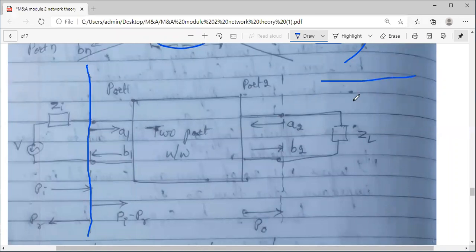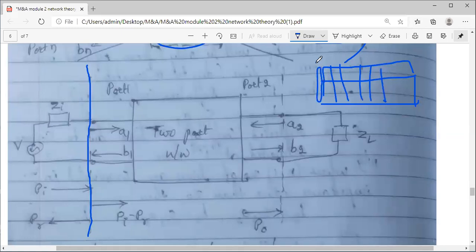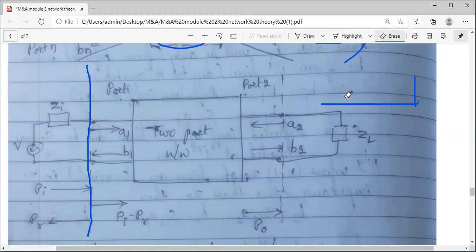You can just imagine you have a long rectangular cake. If you make slices in it, the front slice, before the first one, will be your reference plane. So imagine a plane, not a line. Now coming to the different notations I have used. Applied input is V at the source end at port 1.